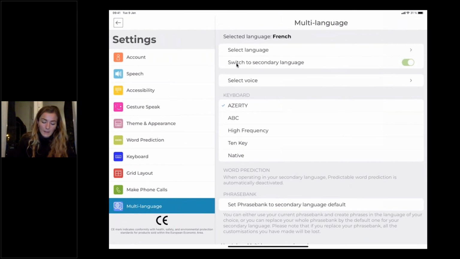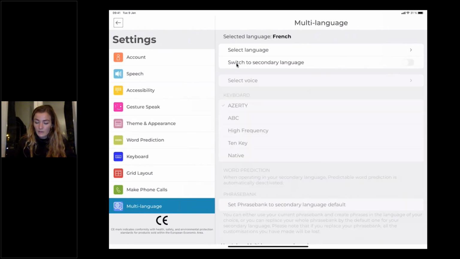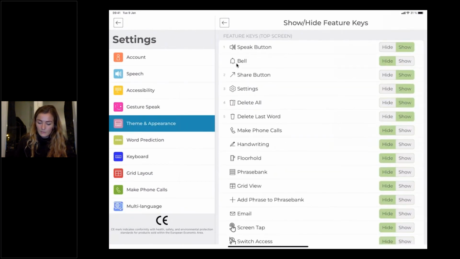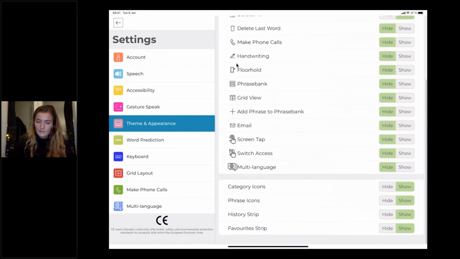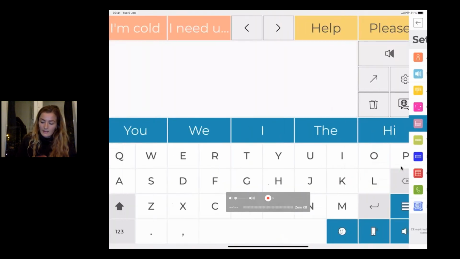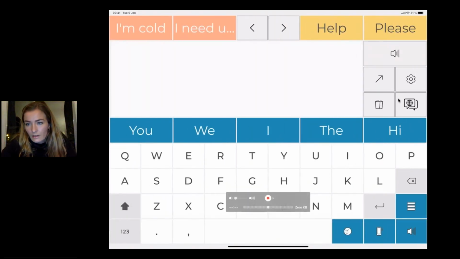But basically, as soon as I set up my secondary language, I can set it as a feature key. So I'm going to select it here, and show this multi-language feature key. And now I have it here.